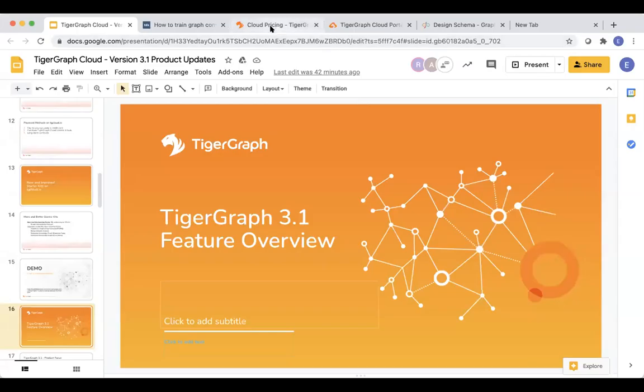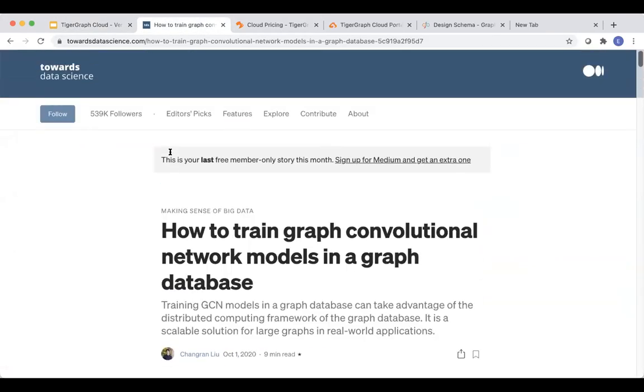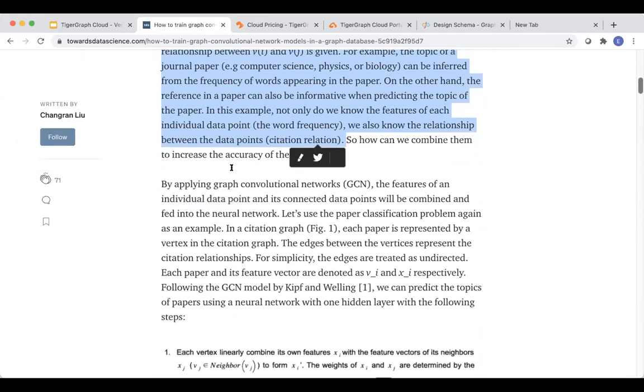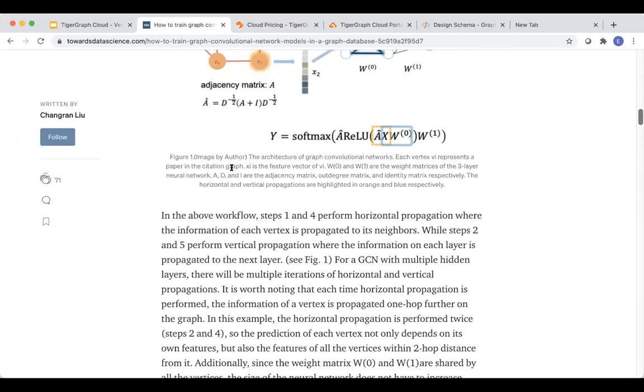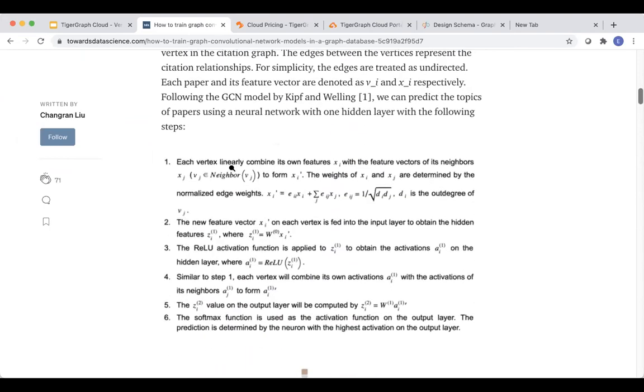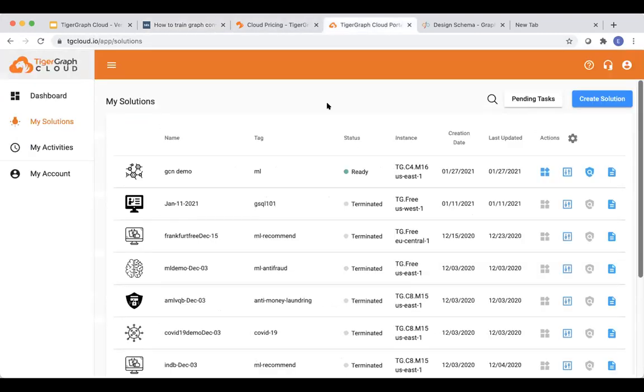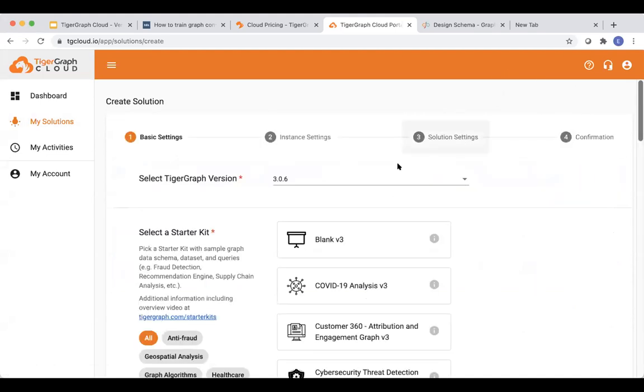Okay, here we are. Again, this is the Medium blog that's talking about the details of the graph convolutional networks. So you can get into a lot of details on the algorithm as well as how it's done. But because of the time limit, I'm just going to show you how you can get to the starter kit from TigerGraph Cloud. First, this is the TigerGraph Cloud tgcloud.io dashboard, and you can create a solution here